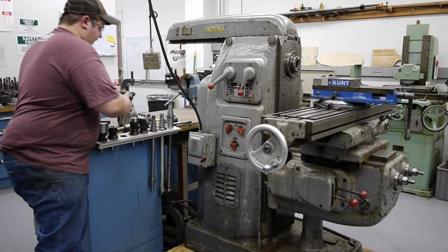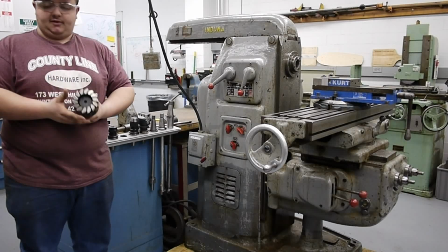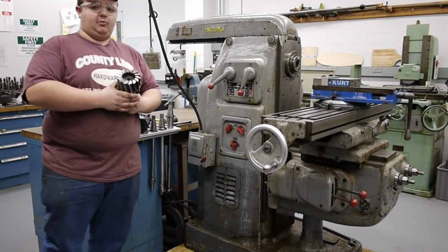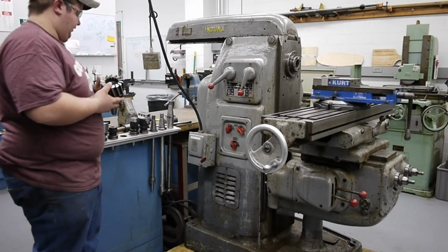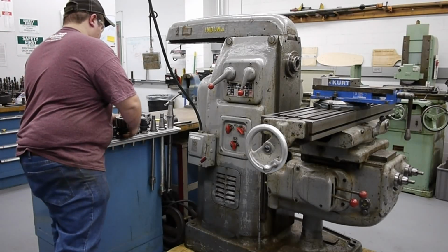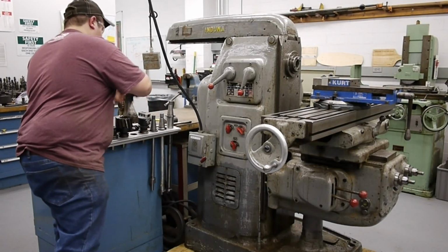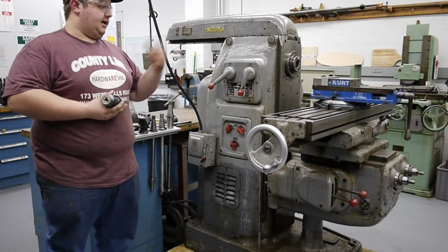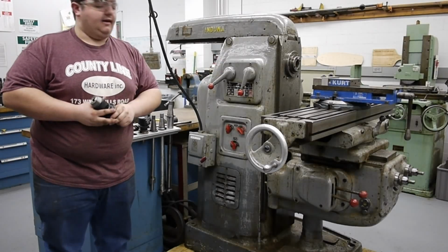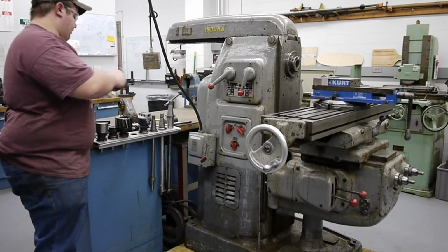Got a nice 4.5-inch Niagara high-speed steel vase mill. I took this out of the wax actually this morning, so this is a brand new cutter. It's in really nice shape. I can't wait to see what this thing can do. And then over here we have a stub arbor Albridge style 1/2-inch drill chuck, so I can use this for drilling as well as milling, and I definitely want to see how this performs for drilling with some of the